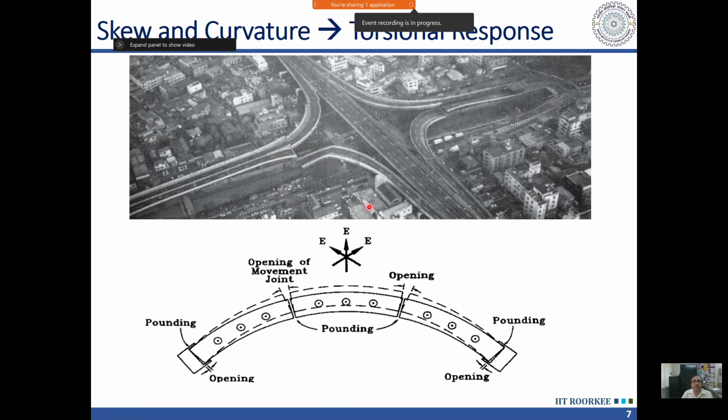So if the bridge is askew or curved, then also we need to model the superstructure, because it has been observed that the curved bridge, when it will deform, let us say earthquake force is acting in the upward direction. So when the earthquake force is acting in this direction, the superstructures are going to rotate, and when the superstructures rotate, again there will be pounding at one end and there will be opening at the other end. And sometimes this rotational motion is so large, so intense, that this type of curved spans are thrown away from the substructure, from the piers.